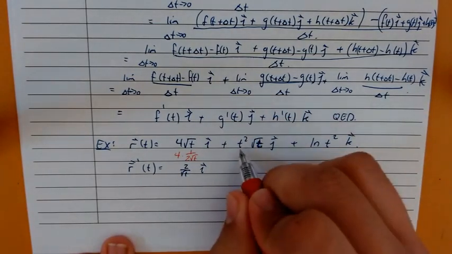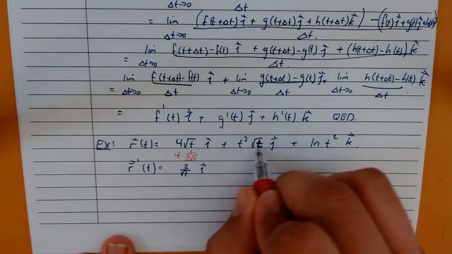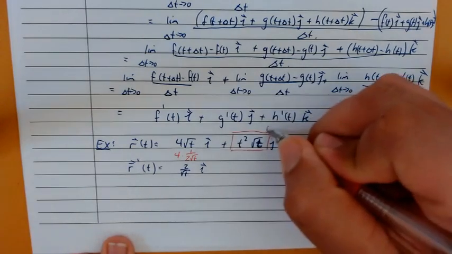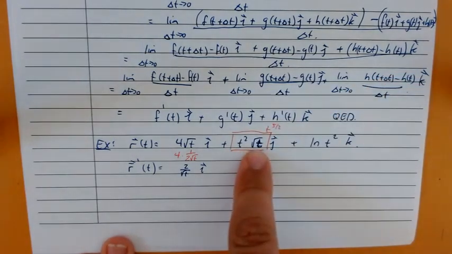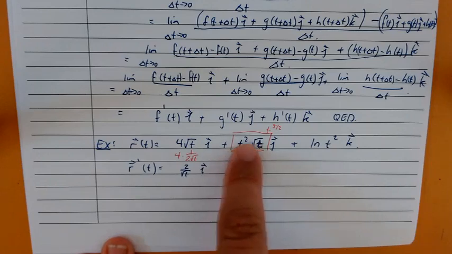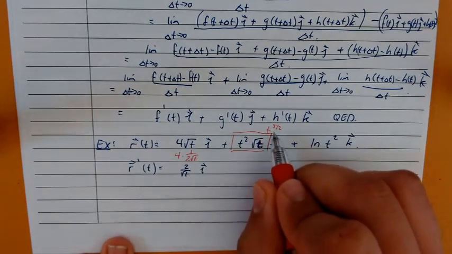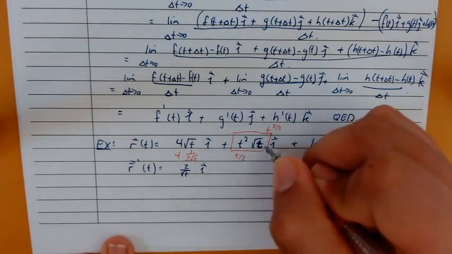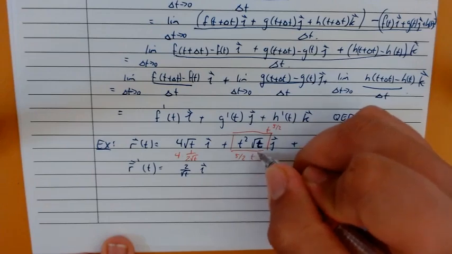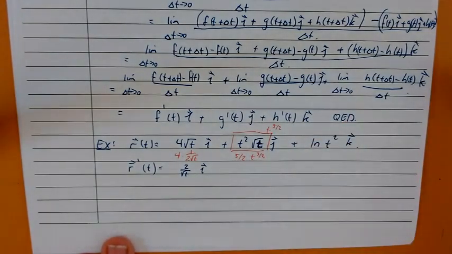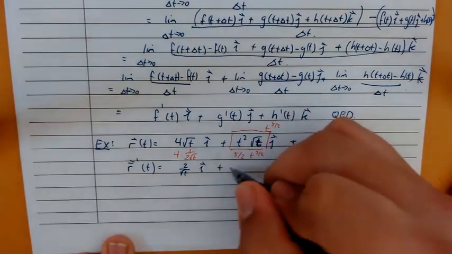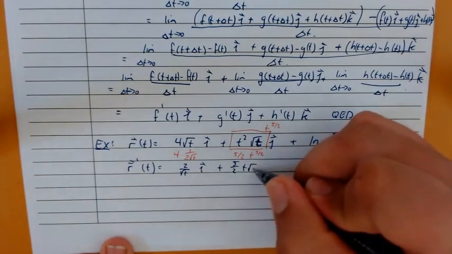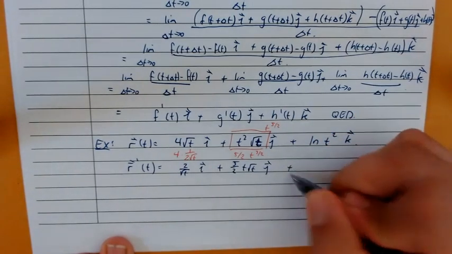This one here, remember you can think of this as, you can use the product rule, or you can think of this expression as being t to the 5 halves, right? T to the 1 half times t to the 4 halves is t to the 5 halves. So here you can take a derivative, take your 5 halves, bring it down, subtract 1 from the power. Like that. Okay. So this will give us our second component, which will be 5 halves t to the 3 halves, that's t times the square root of t, j,